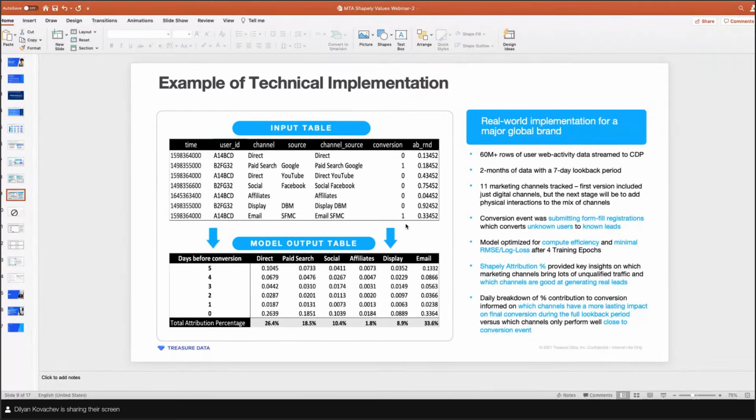And if they converted during that journey, all of that data is processed by the model. It's indexed. You set your look back window, and then the model does the rest. The model is going to output something like this, where for each channel, for each index touch point, you get your partial credit, and then the sum across all the touch points would give you the total attribution, which all adds up to 100.